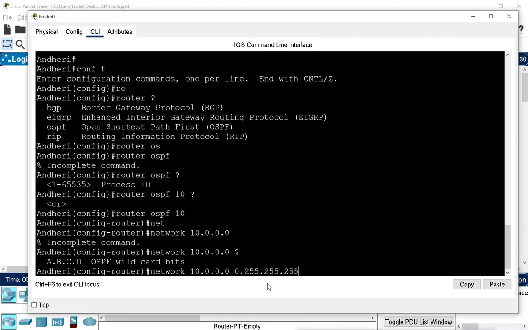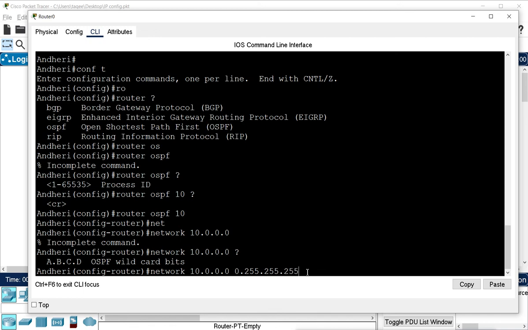It is actually the reverse of your subnet mask. Whatever your subnet mask is, either the default subnet mask or a subnetted subnet mask, you just reverse it: disable the enabled bits and enable the disabled bits. Very simple, and that becomes your wildcard mask or wildcard bit.